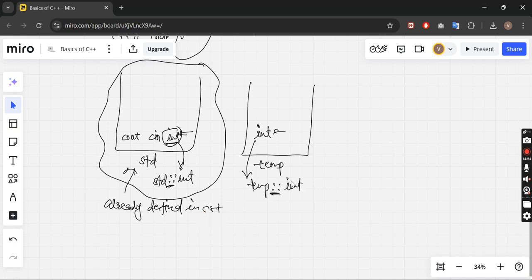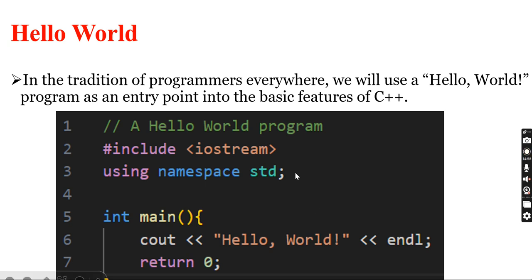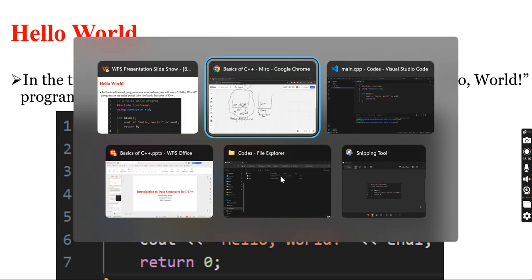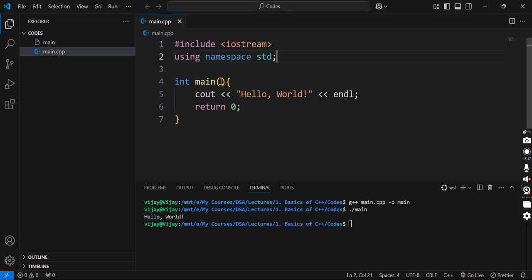And we are gonna use that only. That's why, to include that standard namespace, we use this using namespace std line. You can think of it as a template for your C++ program and nothing else. Okay, and after that we have the main function, which is kind of like an entry point for every program